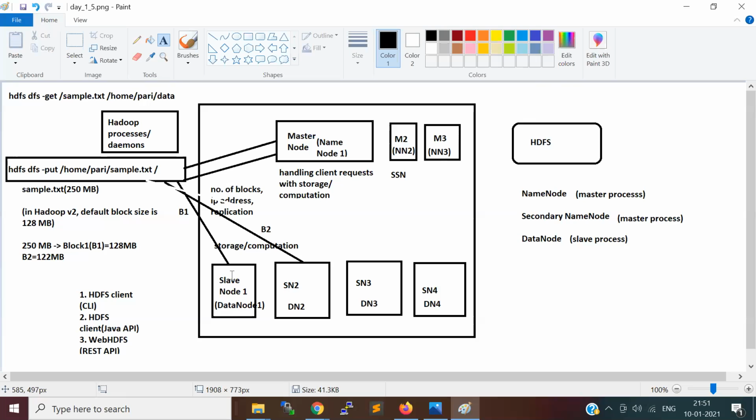Generally you will not store the same blocks on the same machine, unless you go with replication factor 1, so you will not have any copy. But in a multi-node cluster, where you have more than 3 machines, all your blocks will not be stored on the same machine. They will be stored in different machines. So that is one point. And there is something called rack awareness, which we will study later.